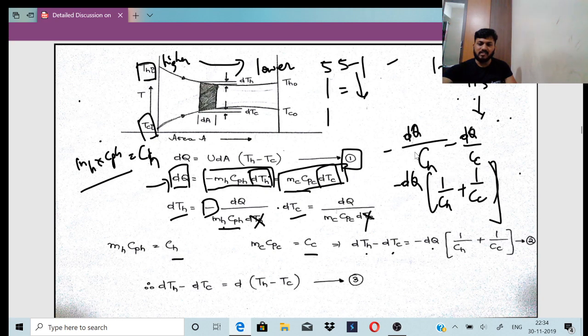Minus common है, minus into minus plus remains here. So this will be my second equation. Okay, this is my second equation. And one more thing,